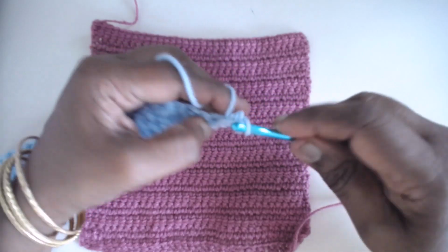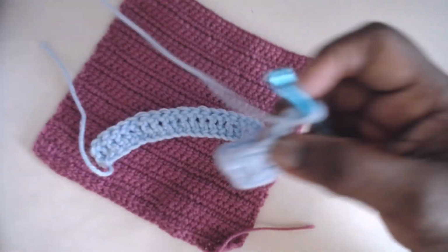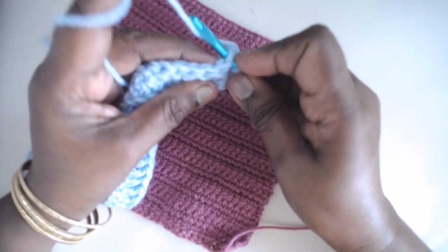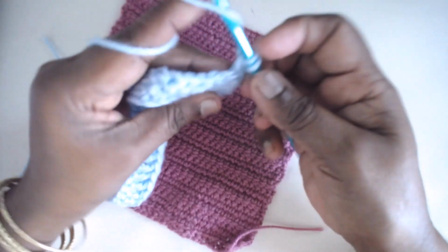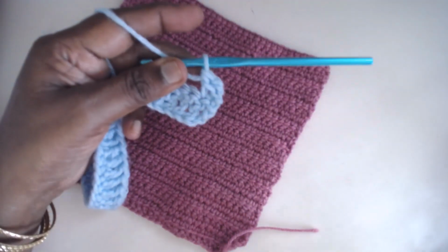Yarn over and pull through. Now the stitch is worked normally. Insert your hook into the next stitch, yarn over, pull through. Now you'll have 3 loops as you require for the DC. Yarn over, pull through 2, yarn over, pull through 2. Now you will see the center loop here,